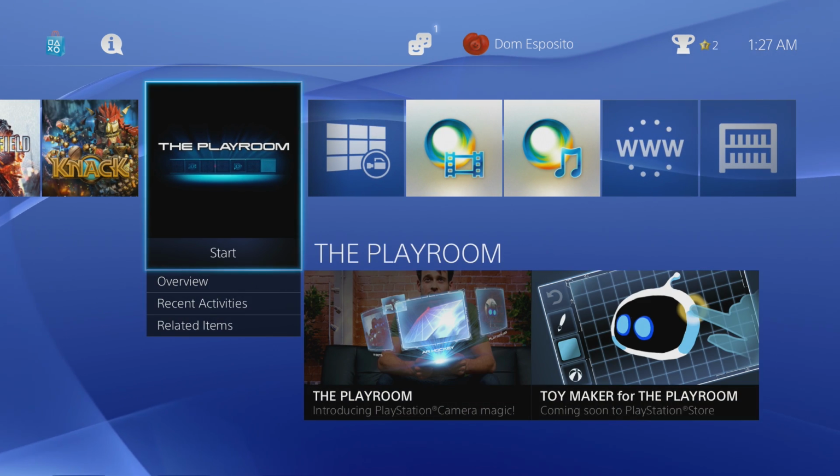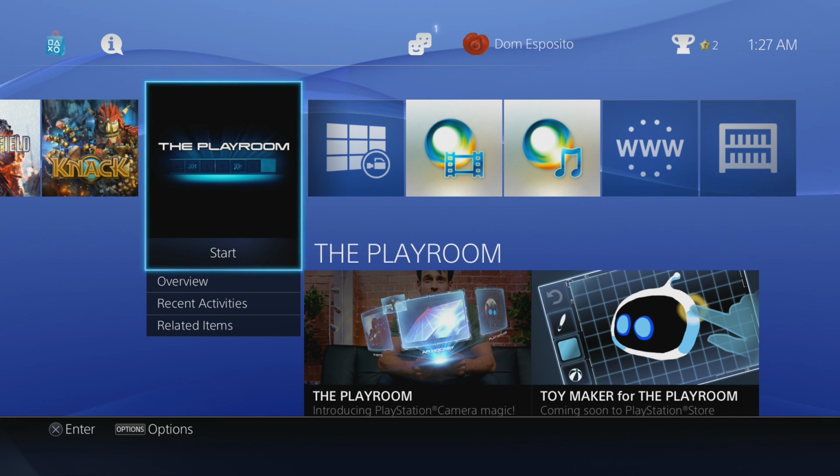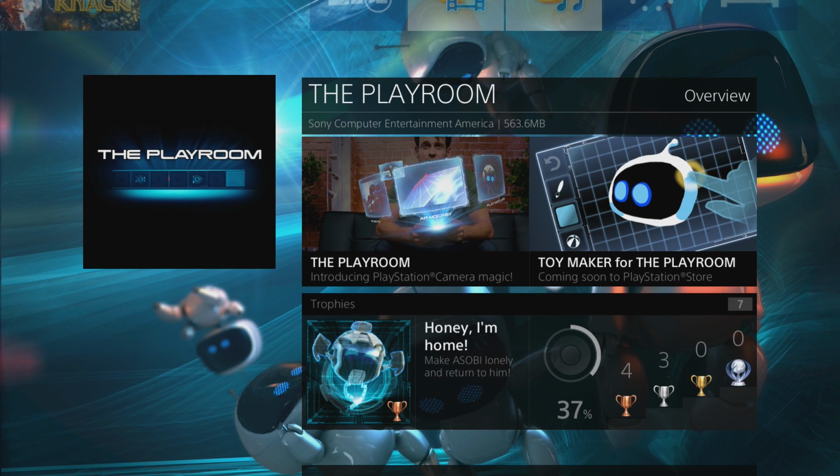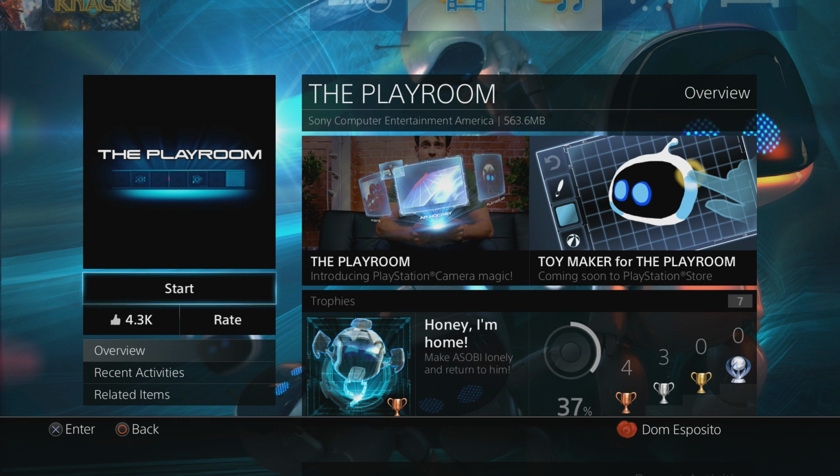Now, the Playroom is another application that's available on the PS4, and it works in part with the PS4 camera. The Playroom provides a pretty cool interactive experience using the camera, and if you want to see a video demonstration of that,